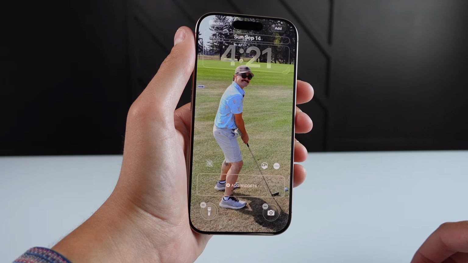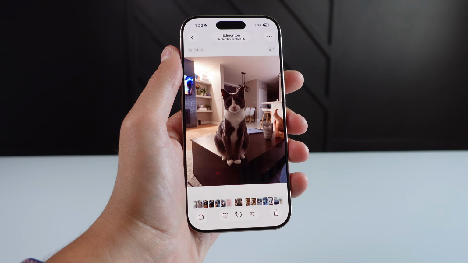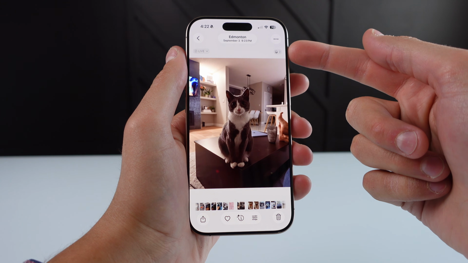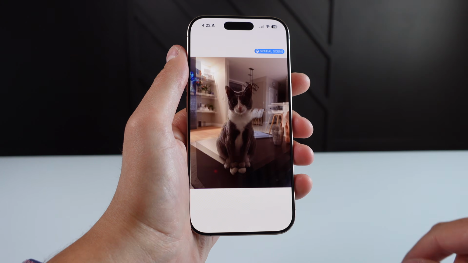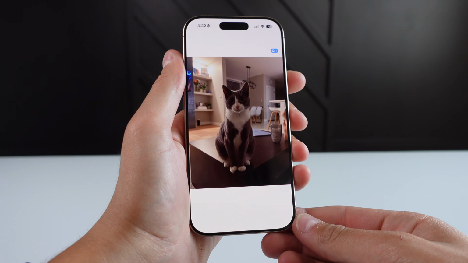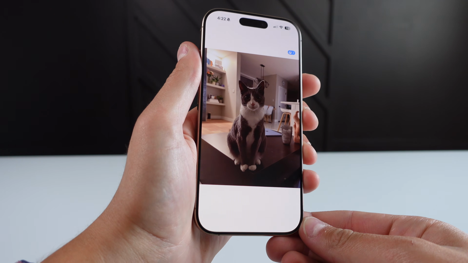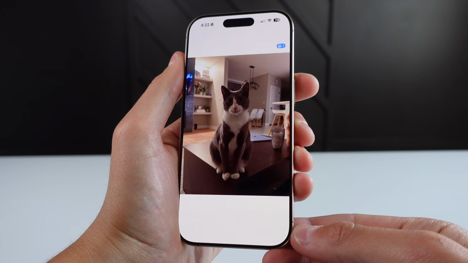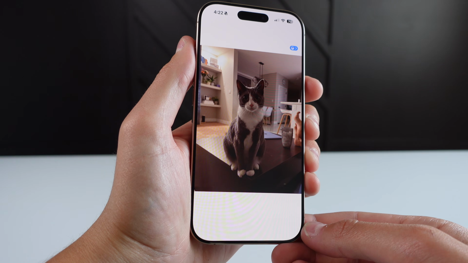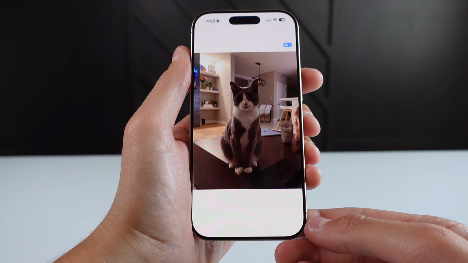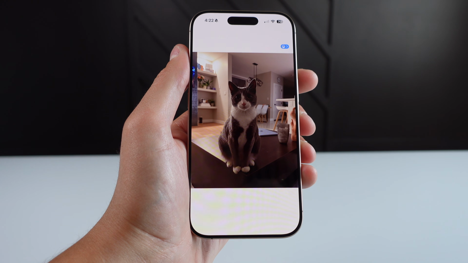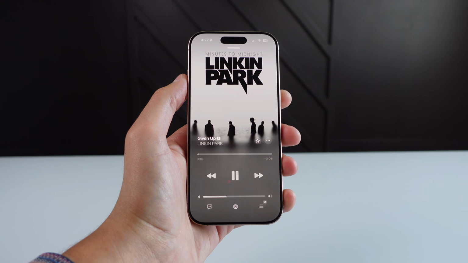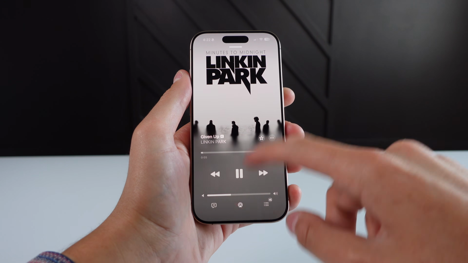Also, it'll work not just as a wallpaper, but inside the Photos app as well. So for literally any photo on your iPhone, you'll see we have a new option here. The button is on the top right. And if you click it, it's gonna turn that photo into a spatial scene. And just like you could on your wallpaper, you can move your iPhone around and it looks like there's a hologram on your iPhone right from within the Photos app. This was obviously inspired by the Vision Pro. Apple gets a lot of depth information from the multiple cameras on your iPhone, and this is really, really cool to see. And the final update to iOS 26 on the lock screen is when you're playing music,